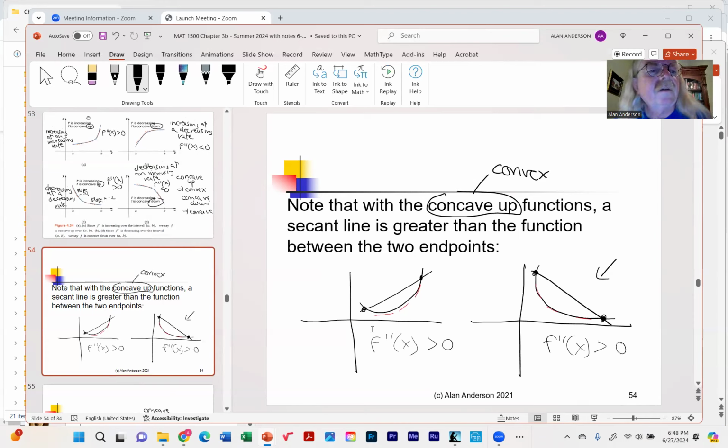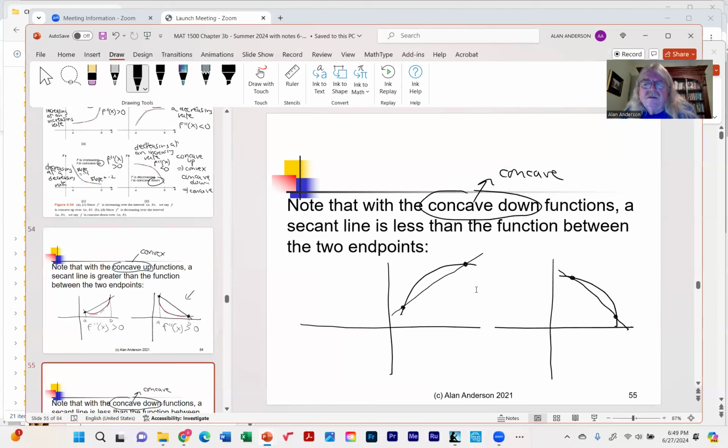Okay. And so that's how we know that these 2 functions, at least again over that interval defined by these 2 endpoints, are concave up, or sometimes they're called convex. So the geometry comes in where what we're doing is we're defining a secant line through the two endpoints. And if you notice, the secant line is always above the function in both cases. And so that's how we know, in terms of geometry at least, that the function is concave up or convex,